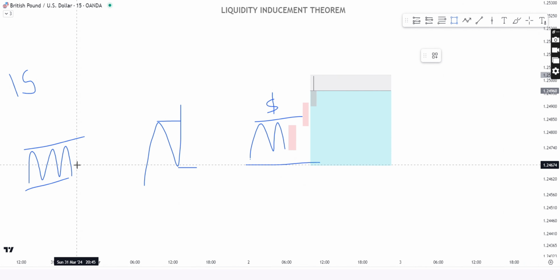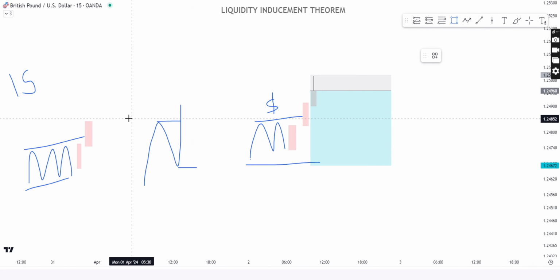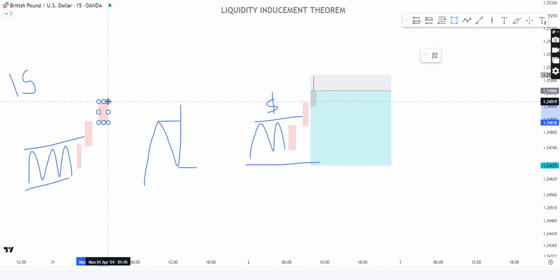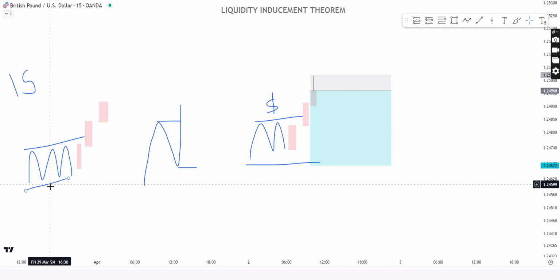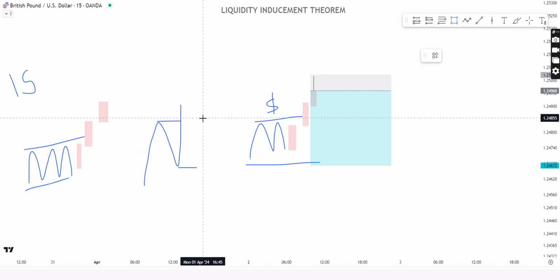Same thing here too. Same type of candles with huge bodies, no wicks, taking the liquidity. These are very, very high probability because these candles are formed by the algorithm to take the liquidity. This is the pattern that the algorithm follows while taking the liquidity. Same thing here. While taking this inducement liquidity, it will follow this type of 15 minute speed and aggression